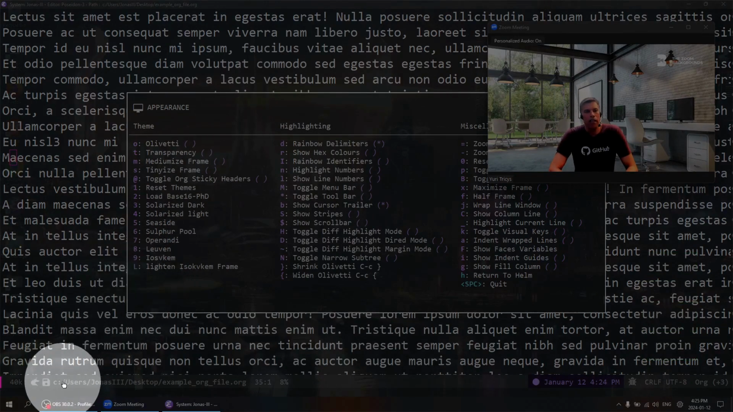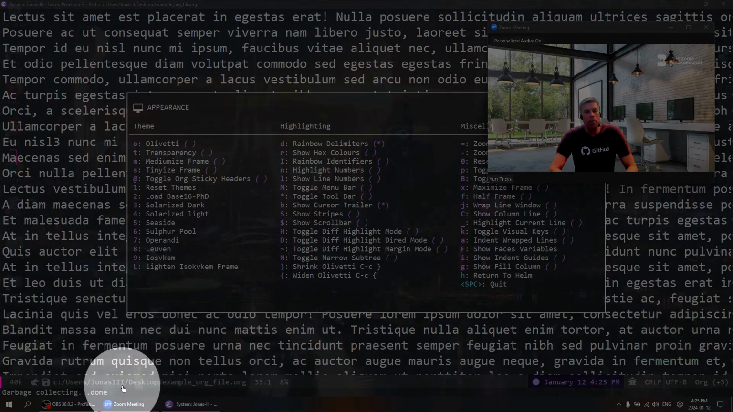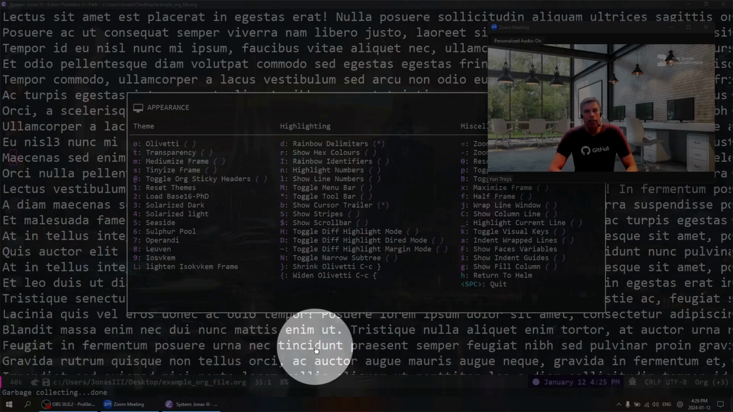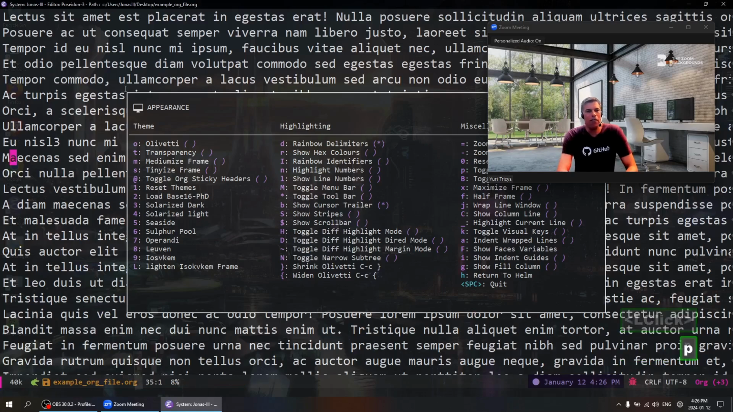So here we're looking at this mode line. You can see users, the user system, the desktop. That's my computer that we're working on, and then the example org file that we're working on. So that is toggle the path, and we'll just turn that back. We have to click on Emacs here to get to the file. So we've got the file